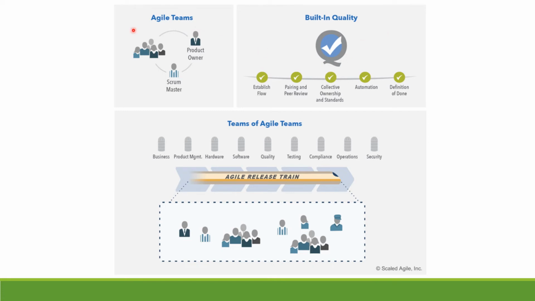You need to have agile teams, like you can have a scrum master, product owner, and development team, right? This is the setup of a scrum. And then you need to have built-in quality as one of the competencies, right? You can use XP techniques like collective ownership, automation, definition of done, peer review, TDD, all those technical excellence XP practices you can implement. And then you can use teams of agile teams for scaling, for the agile release train. You can use SAFe techniques, essential SAFe, portfolio SAFe. You can use multiple ways of building teams of agile teams in a scaled manner,